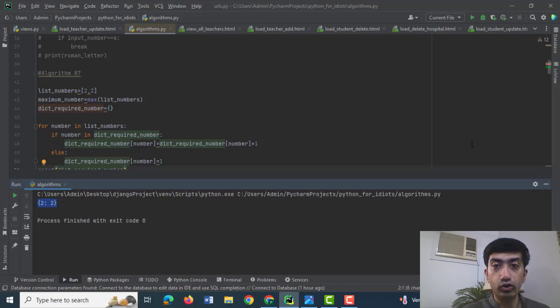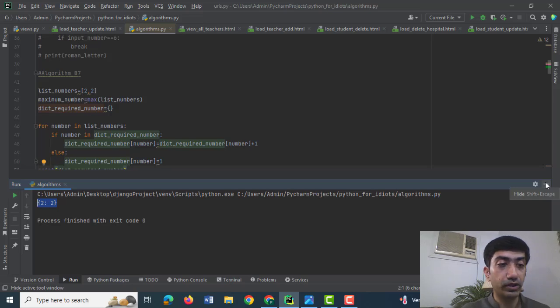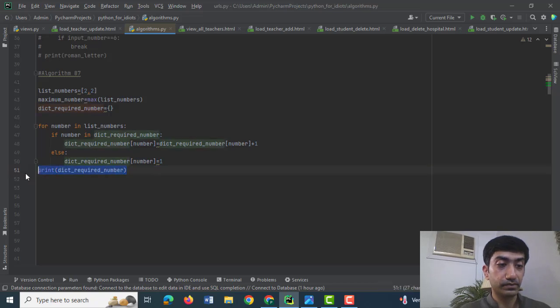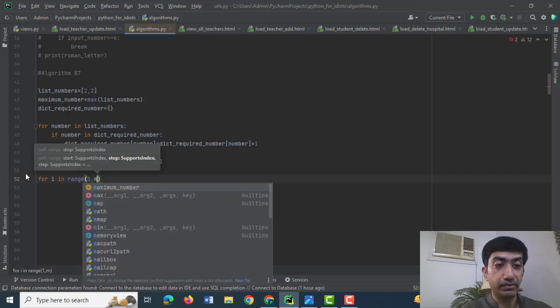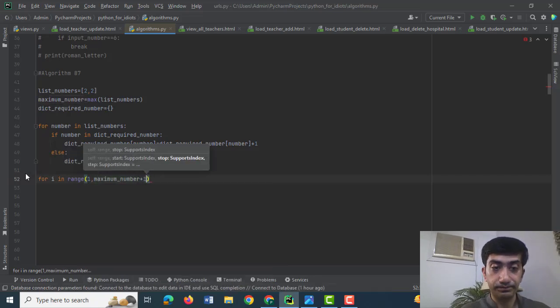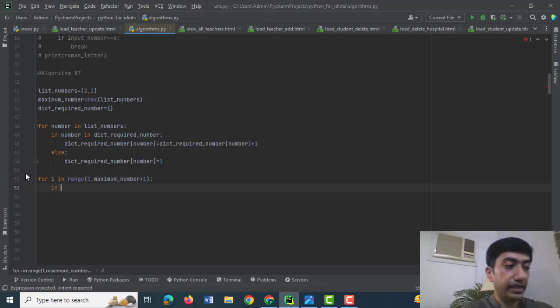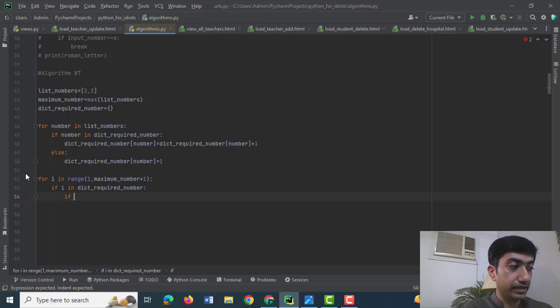So our dictionary is {2: 2}, and this is the correct result as I had shown you in the pseudocode. The key is 2 and the value associated with that key is 2. Now I would make another for loop: for i in range(1, maximum number that we have found plus 1). If i is in dict_required_numbers, then we say if dict_required_numbers[i] is equal to 2,